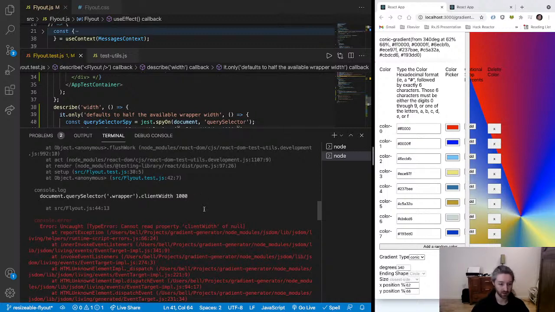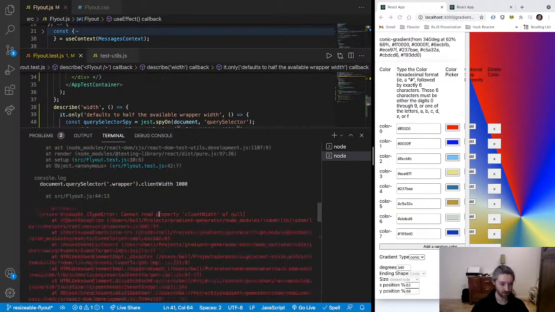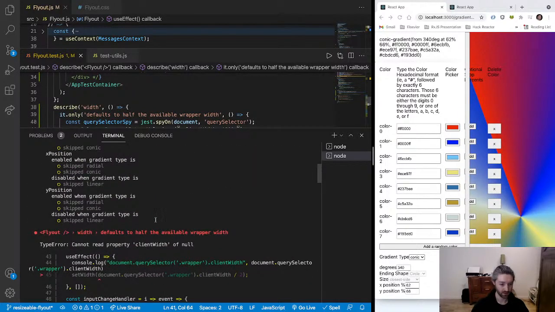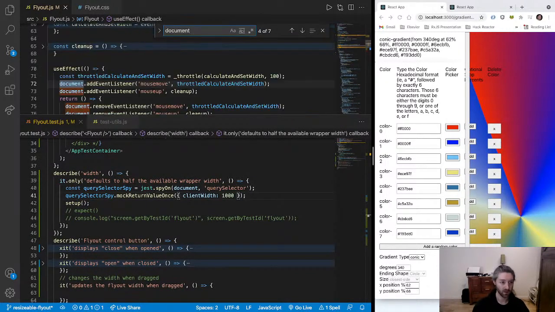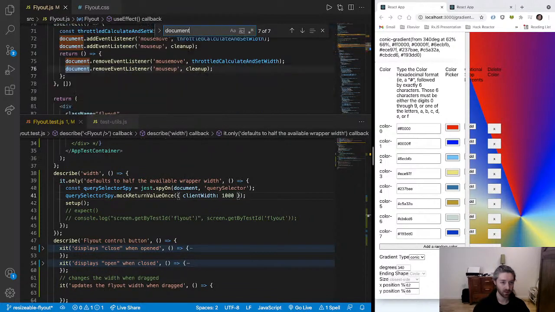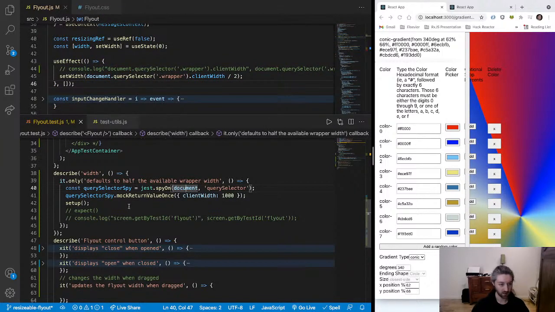Client width mock return value once. Okay. Super. Right, okay. So now we set up and then